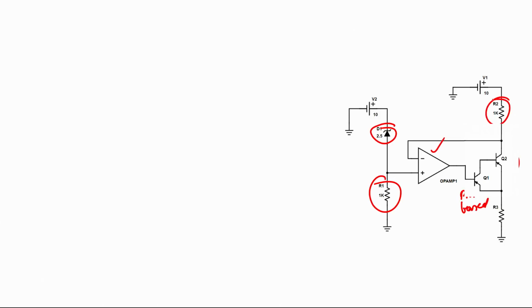Now, what is the purpose of a Darlington pair? Generally, when we go with a Darlington pair, the total gain of the system will be higher, because the amplification factor will be the multiple of this as well as this. As a result, the current gain will be higher. Whenever we are going with high current applications, we will always go with a Darlington pair transistor. It is not compulsory that you only have to go with a Darlington pair; that entirely depends upon the requirement.